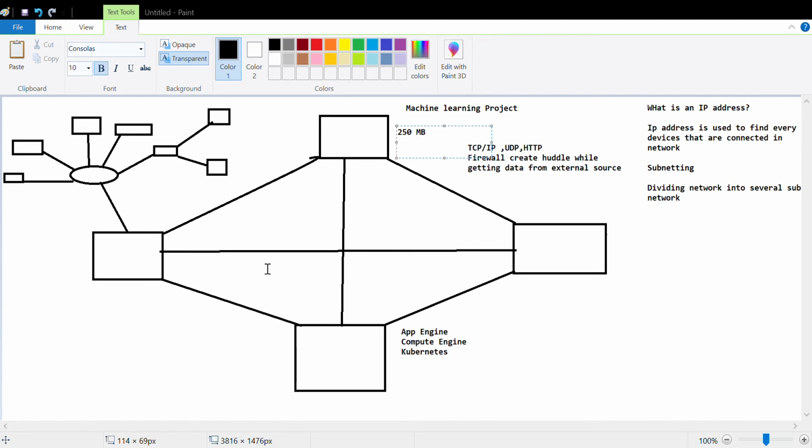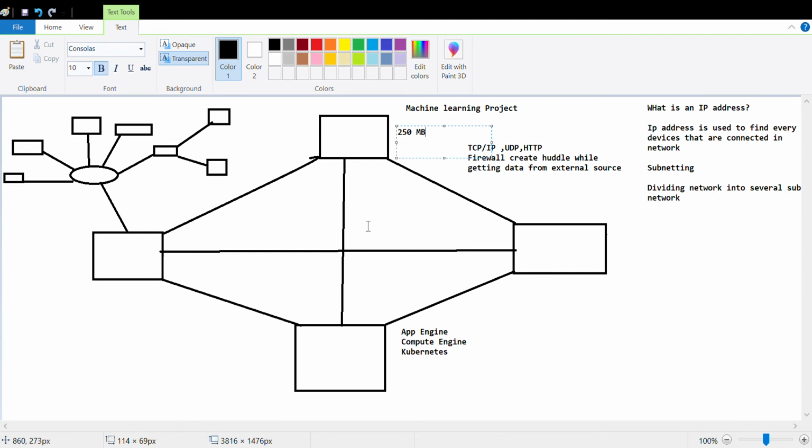So with a VPC network you can direct the traffic of one network to another network. What do we mean by directing traffic? Traffic means the signal traveling between the nodes.